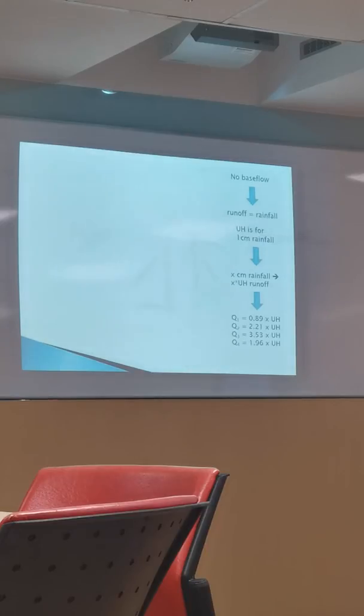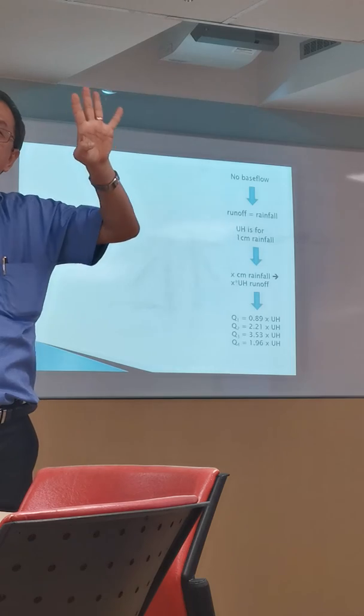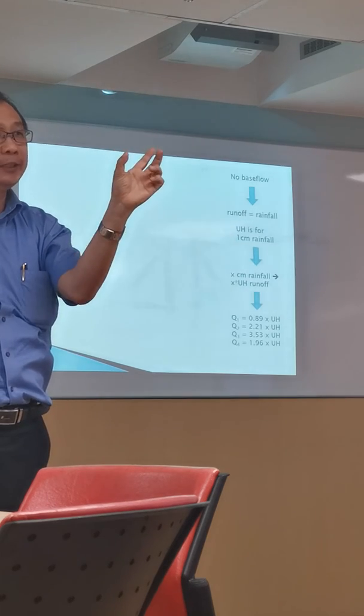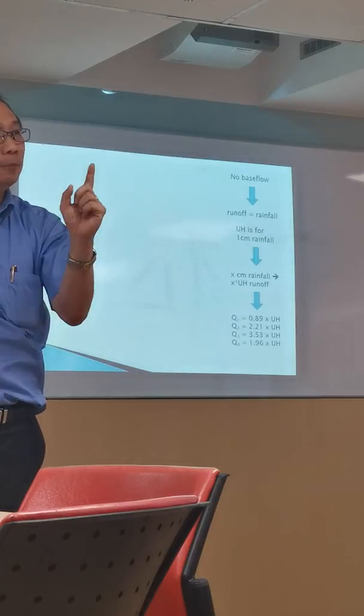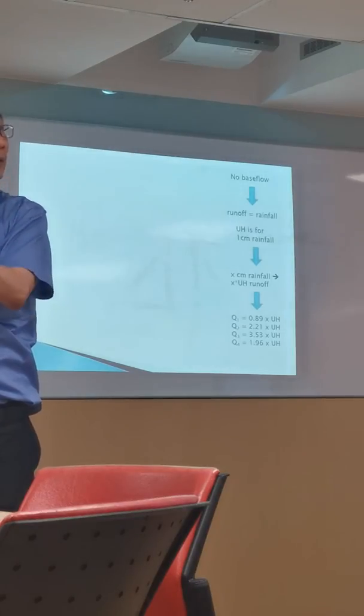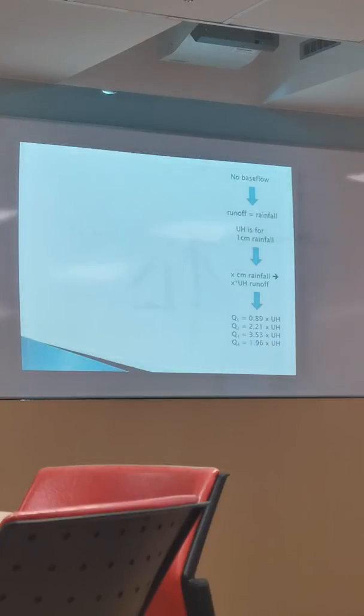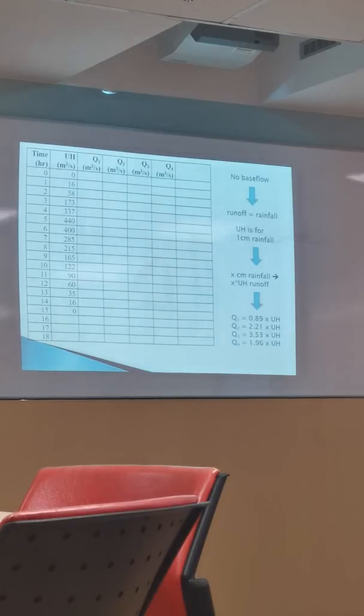So the 4 consecutive 4-hour periods are considered 4 discrete storms. The first storm starts at 0 hour, ends at 4 hours. Second storm starts at 4 hours and ends at 8 hours, and so on. So they are the 4 discrete ones. You calculate them as discrete rains and then add them up together. So this is a unit hydrograph, and the first rainstorm, Q1, the rain starts at time equal to 0. The second rain starts at the time equals to